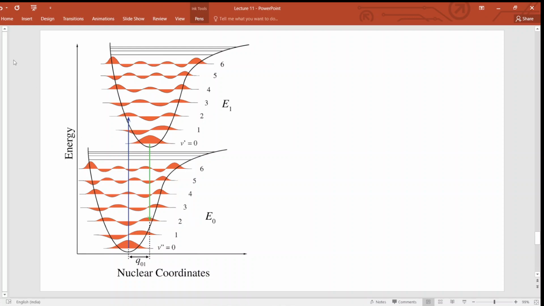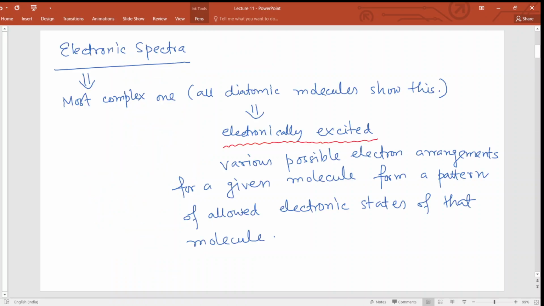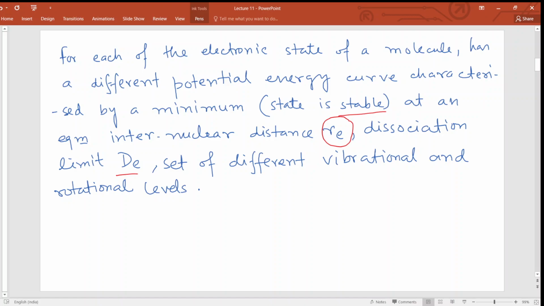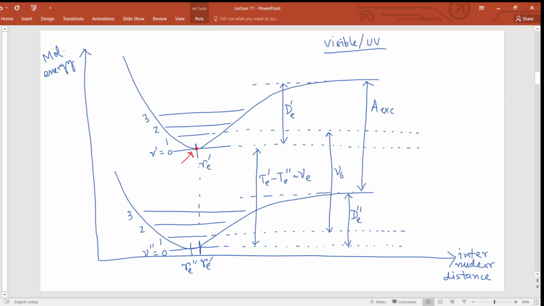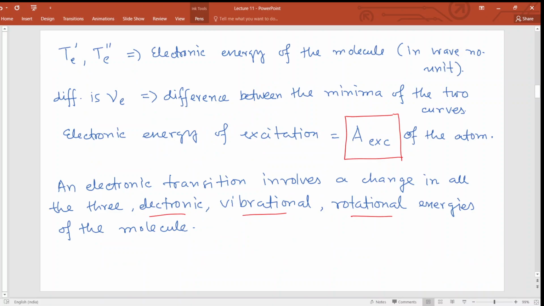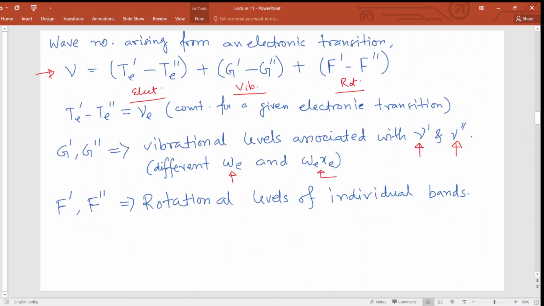No? Okay. So let us just recap this quickly. We talked about electronic spectra, the spectra associated with electronic motion and the energy levels, and electrons are not the only entities involved here. Rotational and vibrational energy levels are also involved. We have seen these energy curves and the different contributions of terms. So this is the equation which determines what the transitions, or energies, involved in the electronic transitions will be.